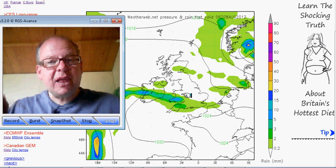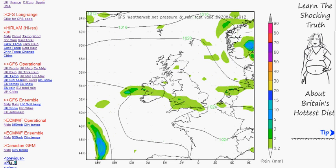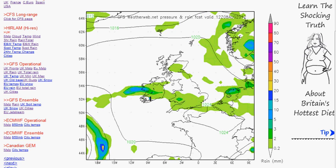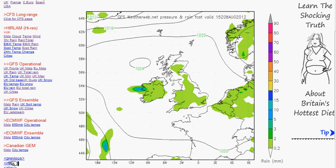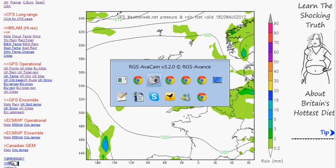However, that descending air isn't going to be doing enough to get rid of this old front which is across southern Ireland, across central and southern Wales, and across southwest England. Here we could find some outbreaks of rain during tonight and some moderate bursts as well. Elsewhere should be dry, but just one or two patches of rain across eastern parts of Scotland. Now through Wednesday morning, that rain in the west and the south of Wales and the south of Ireland is going to be fading away. Look, this is the effect of that descending air, and we'll find that into the afternoon, yes, there'll be bits and pieces of rain around across Wales and Ireland, but essentially as that descending air breaks through the cloud,